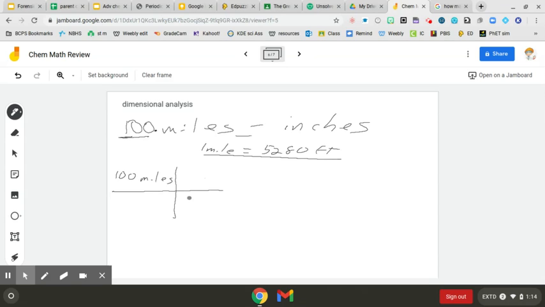One half's going to go on the top, one half's going to go on the bottom. And whatever unit you want to cancel, that unit needs to go on the bottom. So my 1 mile is going to go down here, and my 5,280 feet is going to go up here. Okay. Now, if I wanted feet, I would stop right here and just multiply 100 times 5,280 and get